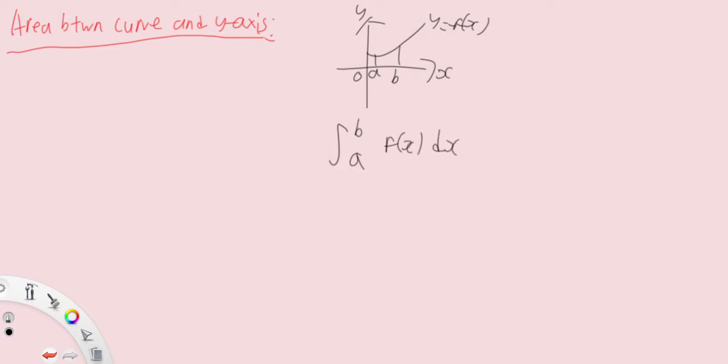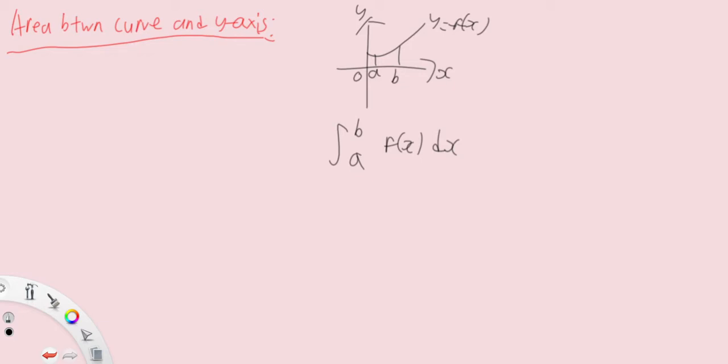So if you recall, when we find the area below the curve and between the x-axis, let's say from x equals a to x equals b, let's give this function y equals f(x), and then obviously you put in the variables for the x's. So we know that the area is simply integrating from a to b f(x) dx, right? Because we are comparing the area between the curve and the x-axis, we have dx,